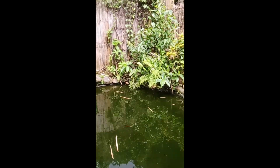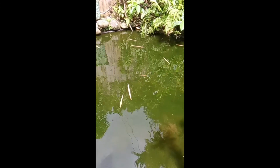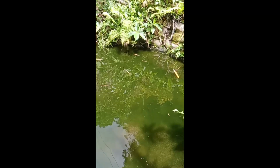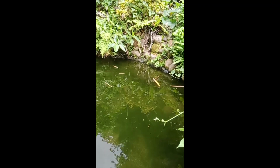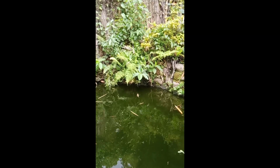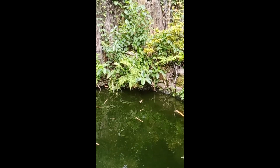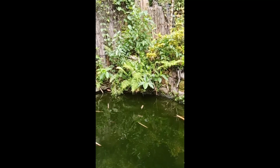There's a pair of red dragonflies. When I bring this down, it's maybe getting a little bright in the sun. I don't know if you're going to be able to see the fish near the stones or not with this camera and at this time of day, but I'll bring it up a bit. And just about in the middle now, I don't know if you can see it, there's a black hose, and that black hose comes from our house's roof,